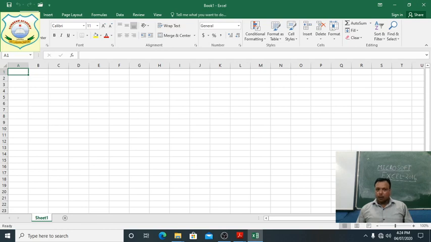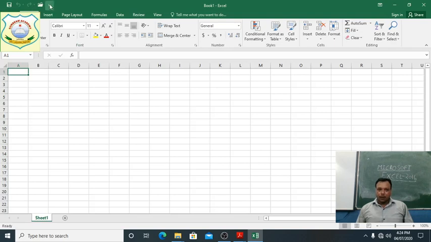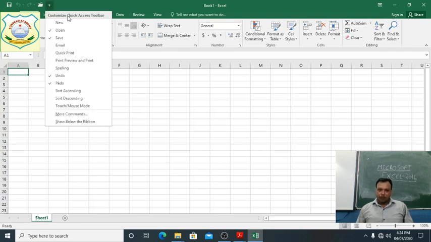So with the quick access toolbar, there is no need to go to the file menu. In the file menu we get open, save and all the others, but without going there, we can use the quick access toolbar. Clear students? Next,